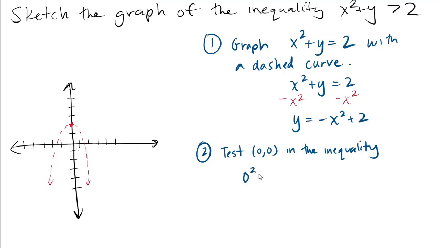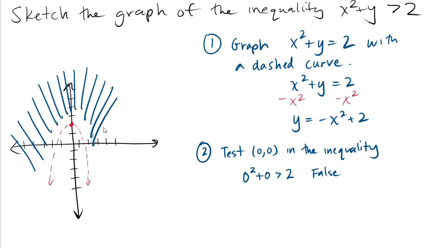So let's see, 0 squared plus 0 is greater than 2. No, that's false. 0 plus 0 is not greater than 2. So (0, 0), which sits kind of inside the parabola, is not a solution, and therefore none of the points in that region are solutions. This means the solutions are going to be on the other side of the parabola, and so we shade that region. So we're shading the region outside of the parabola. We're indicating that any point on the outside, kind of above the parabola, makes the statement